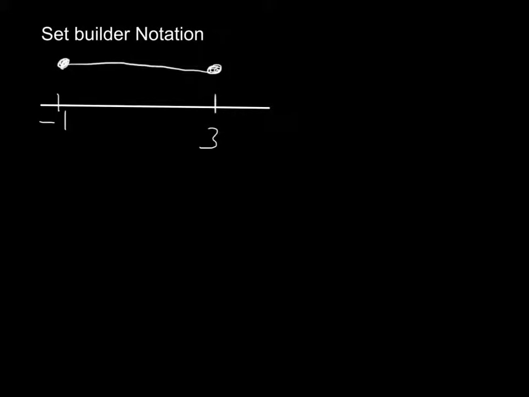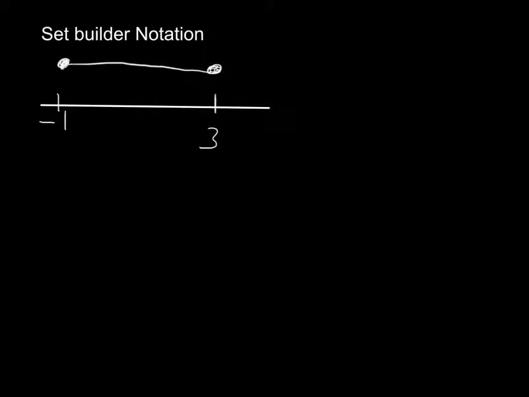Today we're going to be having a look at set builder notation. What set builder notation is, is that it takes a number or a set of numbers and writes it in an algebraic form. So if we have a look at this example of a number line that we have,